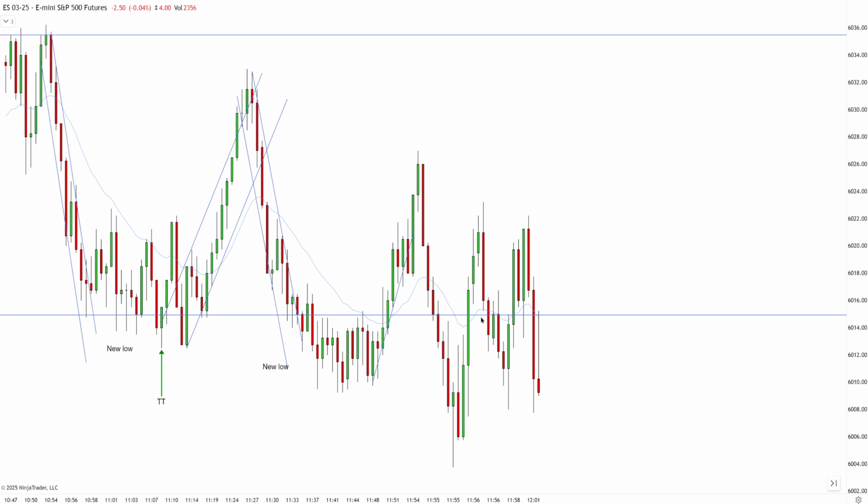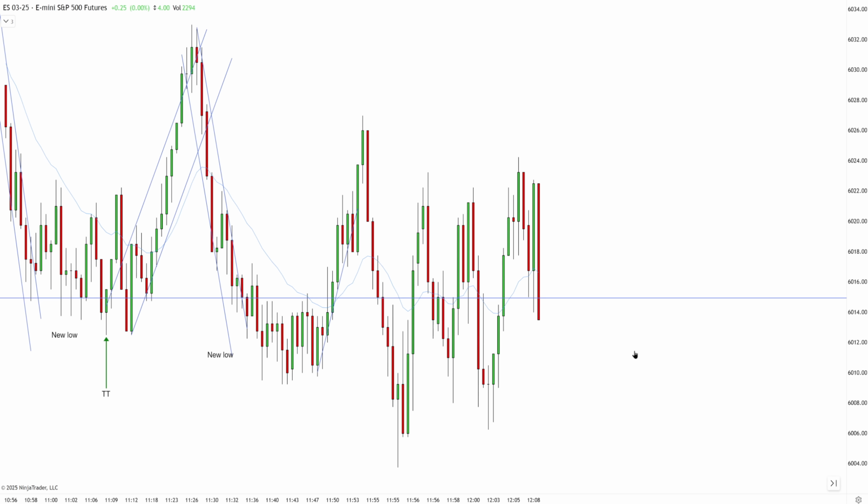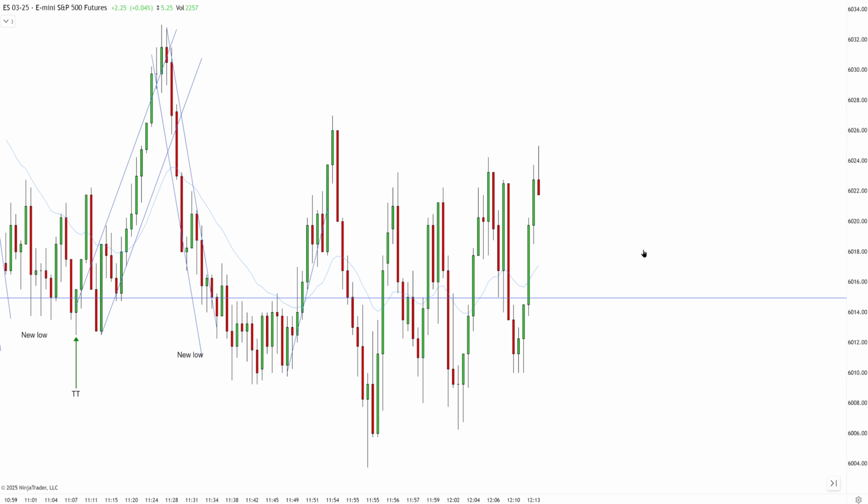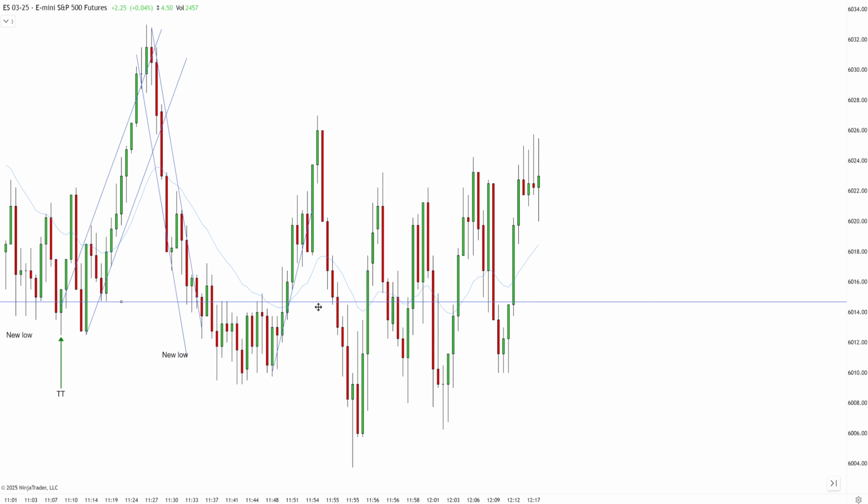It's too unclear. Every single time it is tempting to make a good case for buyers and sellers. You're probably going to get trapped. Okay, there's no case for the sellers here because the downtrend played out and you're at support. So the case is only good for bulls. But now that you're hovering around the key level, you have a flat EMA, there is no trend in either direction. Just a bunch of short-term spikes. So just be patient. This is terrible price action, but I can see, I'm going to make it once again